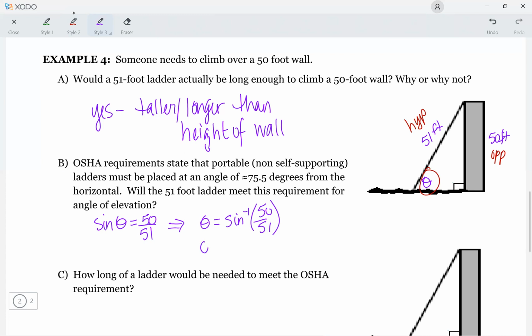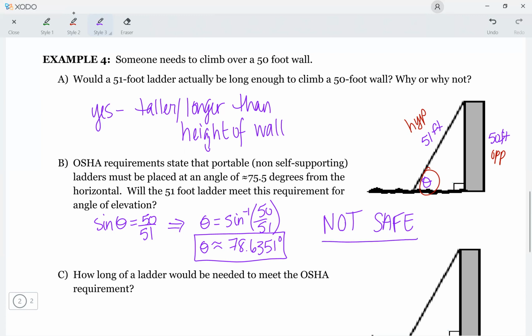And I have a problem. When I plug that in, I got out 78.6351 degrees. So that means the angle is too large. So in other words, this is not safe. Not quite safe. This would be one of those scenarios that if that's all you've got, you definitely have to have a spotter, somebody standing at the bottom of the ladder to make sure that it doesn't come out from underneath if somebody's on there. So then that begs the question, how long would the ladder need to actually meet those OSHA